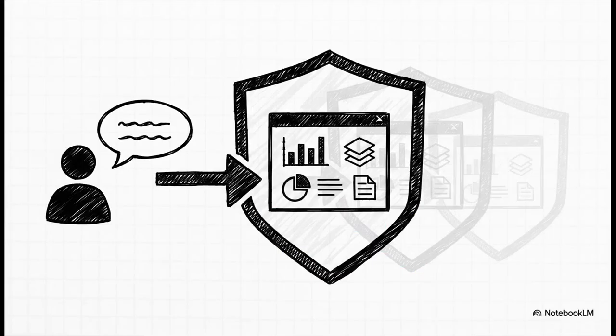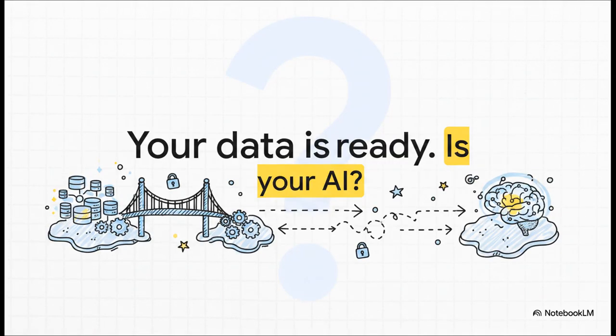And really, that's the bottom line. This isn't just some cool idea. It's a practical framework for building that next generation of software, where your users can interact with their own data just by talking to it, all while you maintain the rock-solid security and control that businesses absolutely have to have. With ChillSharp's MCP module, you can finally build that bridge between your application's data and the incredible power of artificial intelligence. So the only question left to ask is, now that your data is ready, is your AI